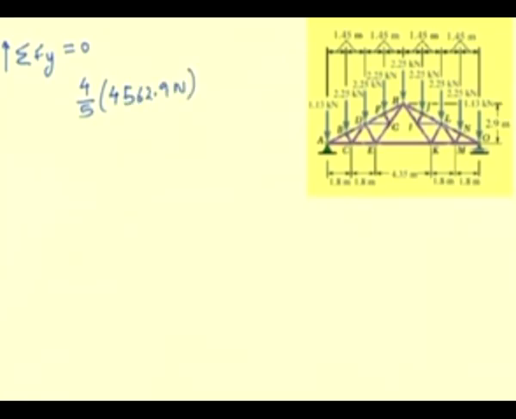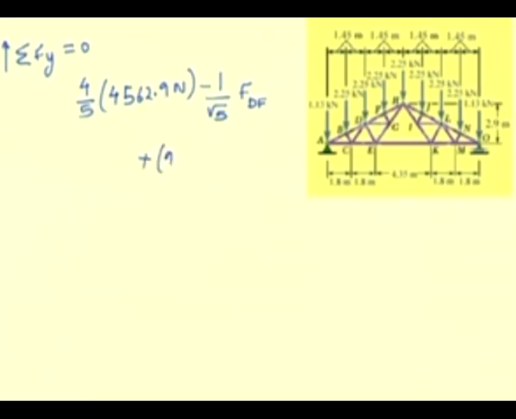The direction cosine is 4 by 5 times the force in this member, minus 1 by root 5 for the force in DF for this member. This is the direction cosine,